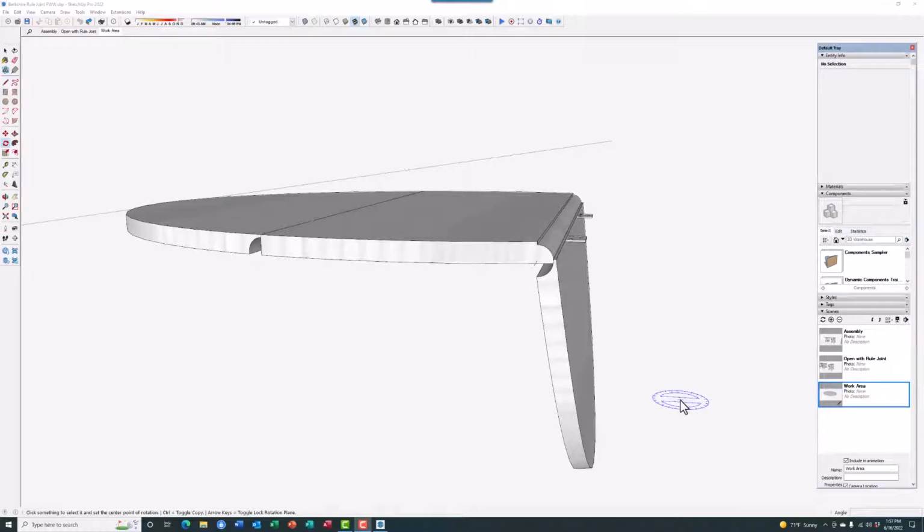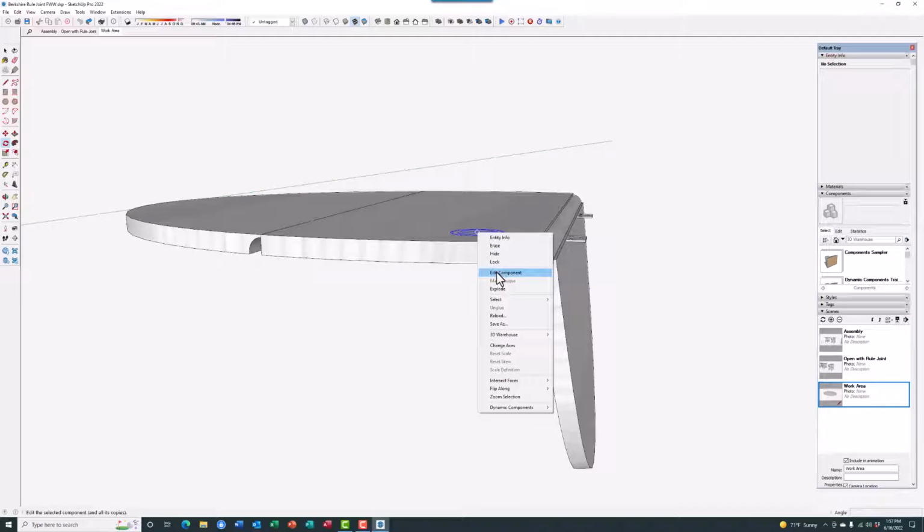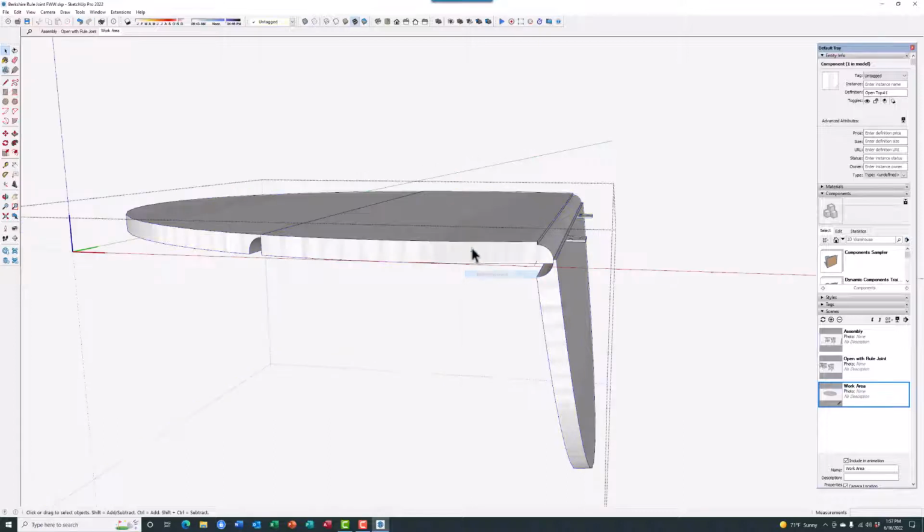This should be the last stage in making the rule joint on this butterfly table. A couple things need to be worked. On this center section here, let me edit this and then pick the center fixed top,